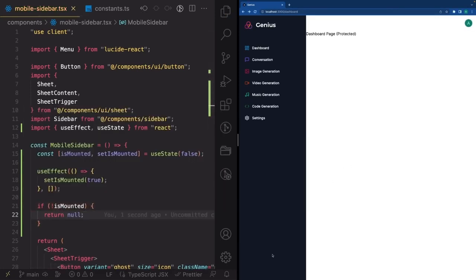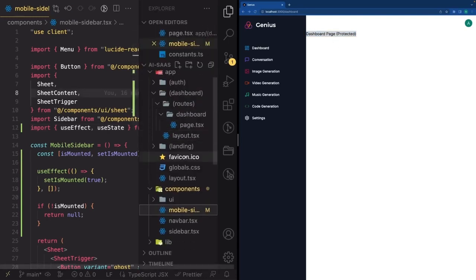And now you can see that our hydration error has gone away. So this is a simple trick. You can fix components which are causing hydration errors by the way they are rendered. Perfect. So now that we have that, and still before we go and do something on the dashboard page,